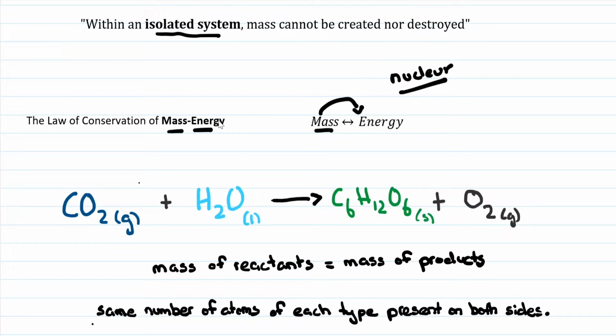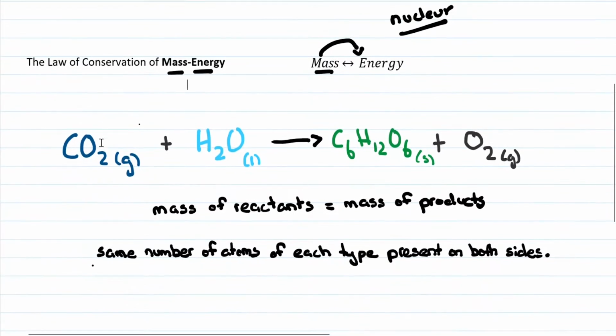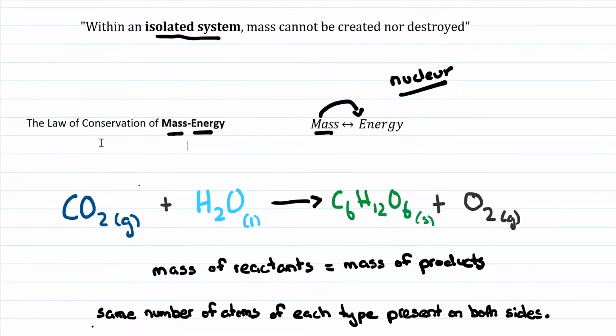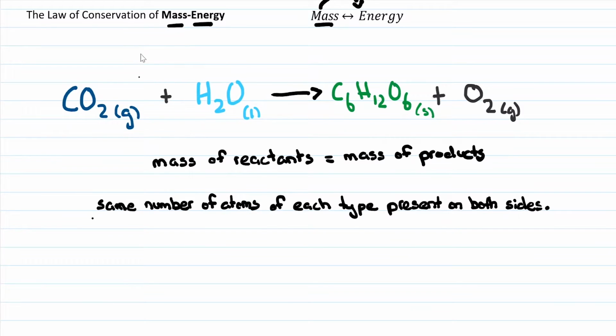Awesome. Now in chemistry, the law of conservation of mass is typically associated with chemical reactions. And I drew out a chemical reaction right here, where you see carbon dioxide and water turning into glucose and oxygen. And this is the process of photosynthesis. Flashbacks to biology class. And in this reaction, if you were to follow the law of conservation of mass, mass cannot be created nor destroyed within this reaction. So that means the mass of the products, whatever you put on this side, is going to equal the mass of the reactants, whatever you put on this side, is going to equal the mass of the products.